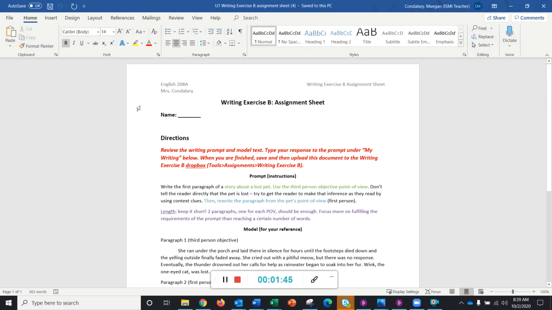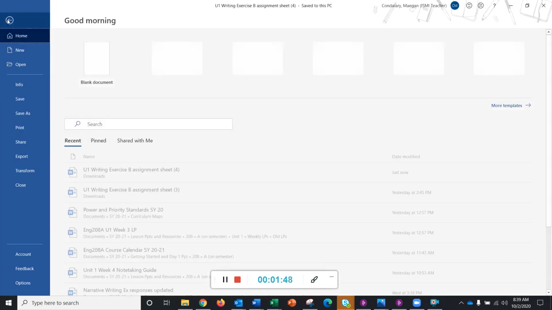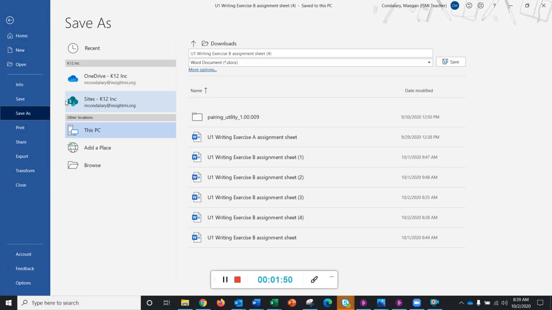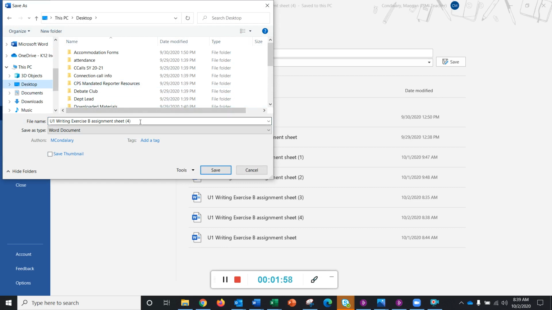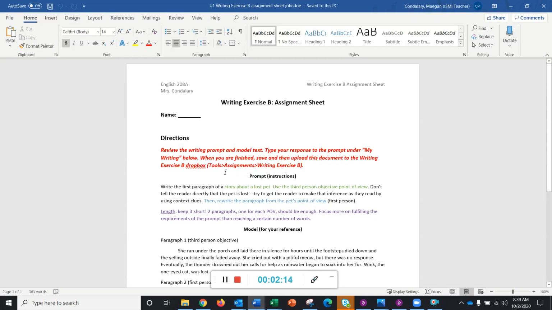And now let's save it, somewhere I can find it. I'm going to go to File, Save As, and I'm just going to pick Browse, and I'm going to put it on the desktop. If I have an English folder in my documents, even better. And to make sure this is the right one, I'm going to put my first and last name. Okay, so let's say I'm John Doe. I'm just going to write in that name and hit Save. Now I'll be able to find this again, and that's important because I might need this for my Unit 1 portfolio. Alright, I'm going to put my name at the top,